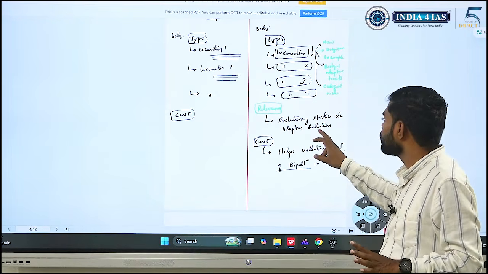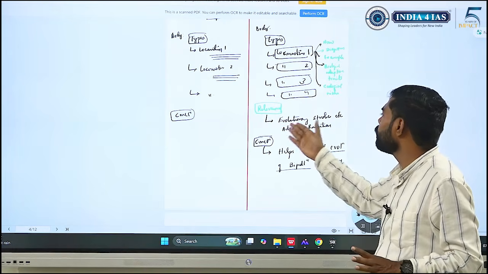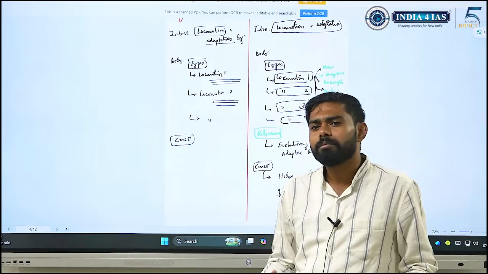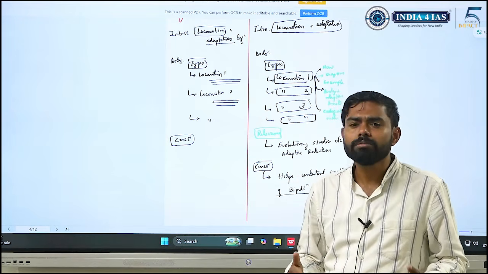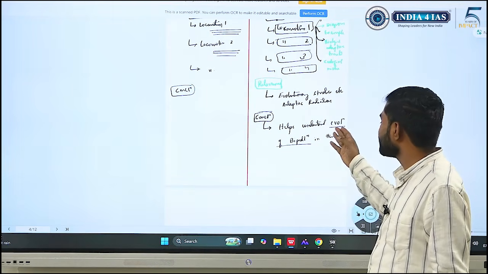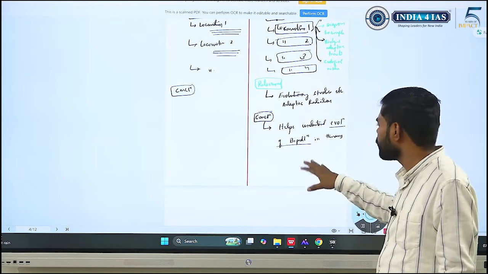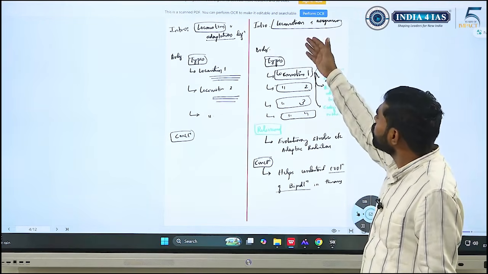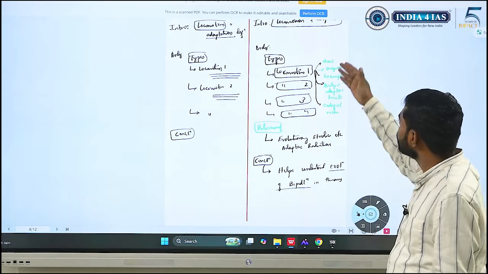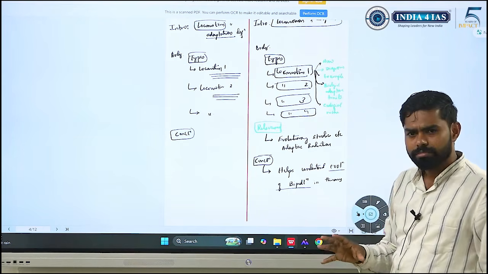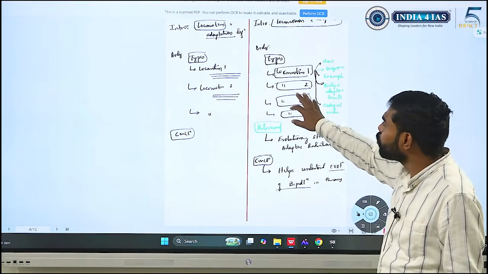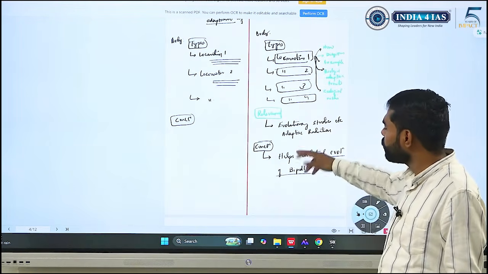So evolutionary studies, etc., and we can relate it to evolutionary studies, because locomotion helps us understand how we humans, from four-legged animals, started to walk on two legs. And conclusion, which sums up the same thing. So we have 7 or 8 broad dimensions, under which we have at least 3 to 4 points in each dimension. So you can easily get 24 points. For 10 marks it is more than enough, I believe.